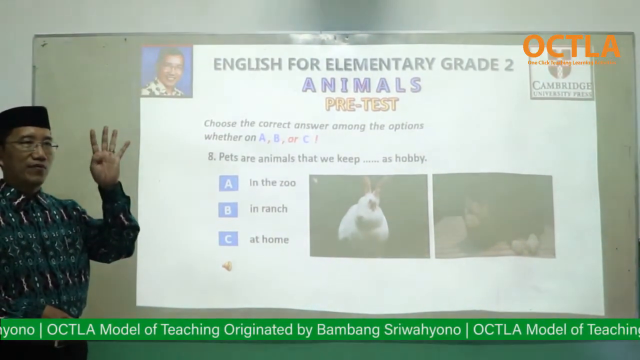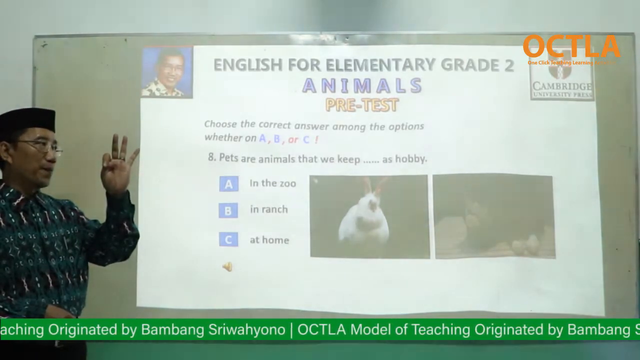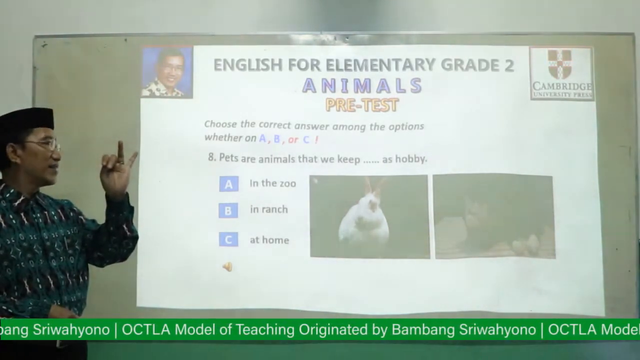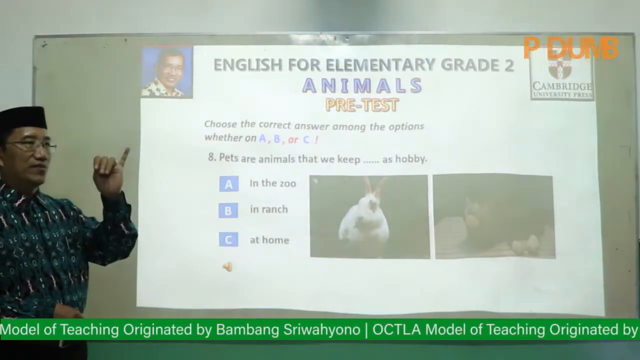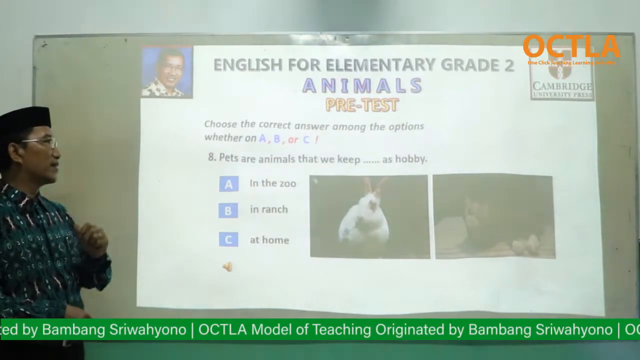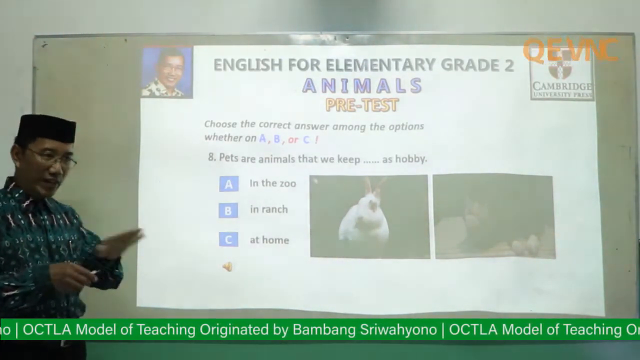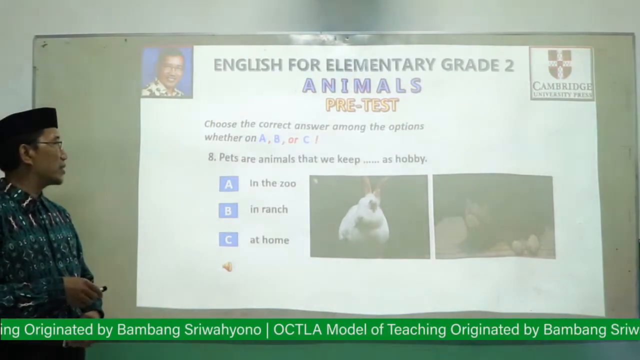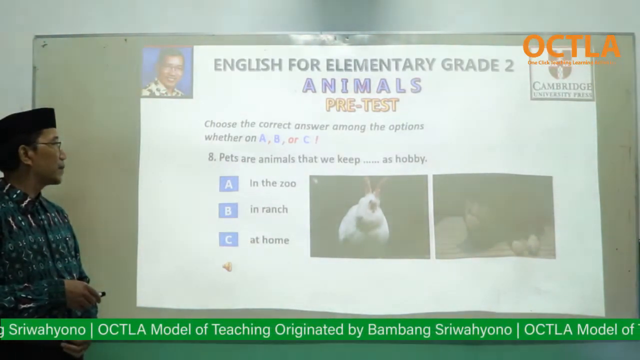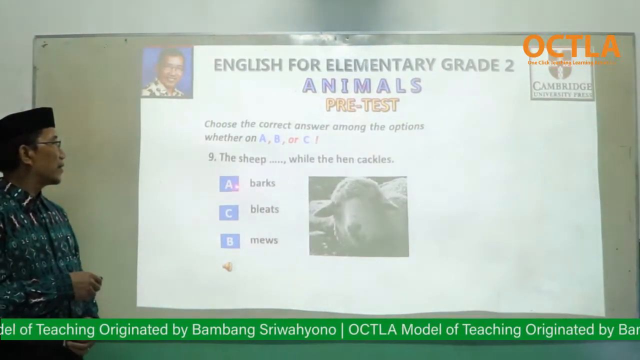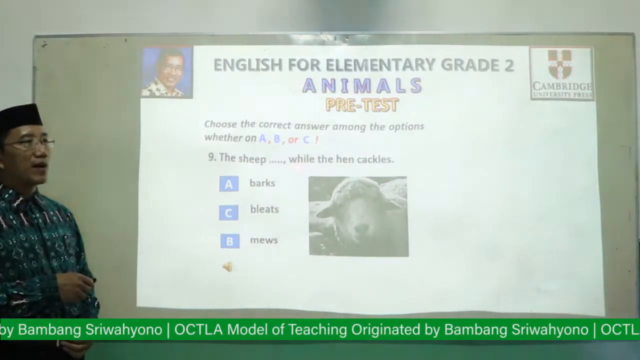5, 4, 3, 2, 1. Finished. Go to number 9. The sheep blah blah blah blah,